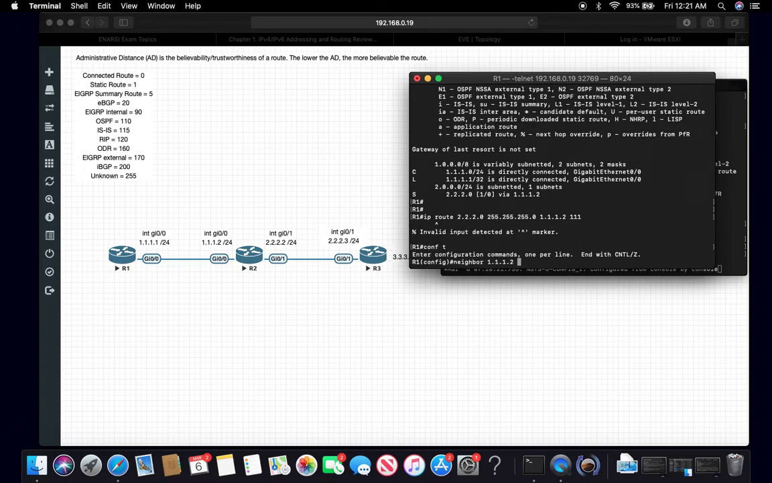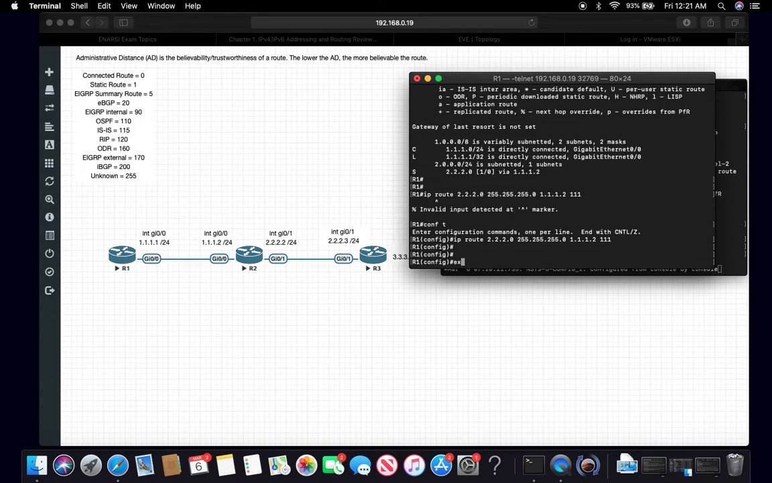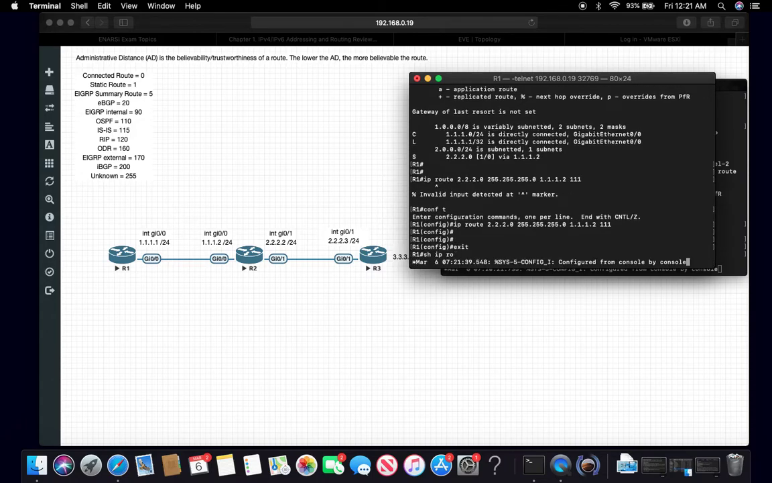So conf t, and it's not going to have it in my commands because I'm in a different mode now. But I can just copy this down real quick. 2.2.2.0, 255.255.255.0, 1.1.1.2, 111. Boom. Alright, so if we go back and we go show IP route, it should be an OSPF